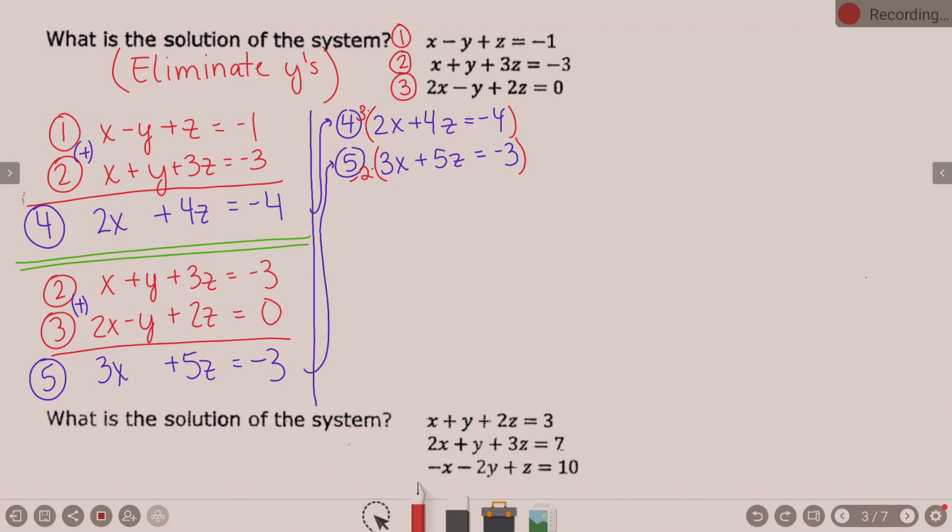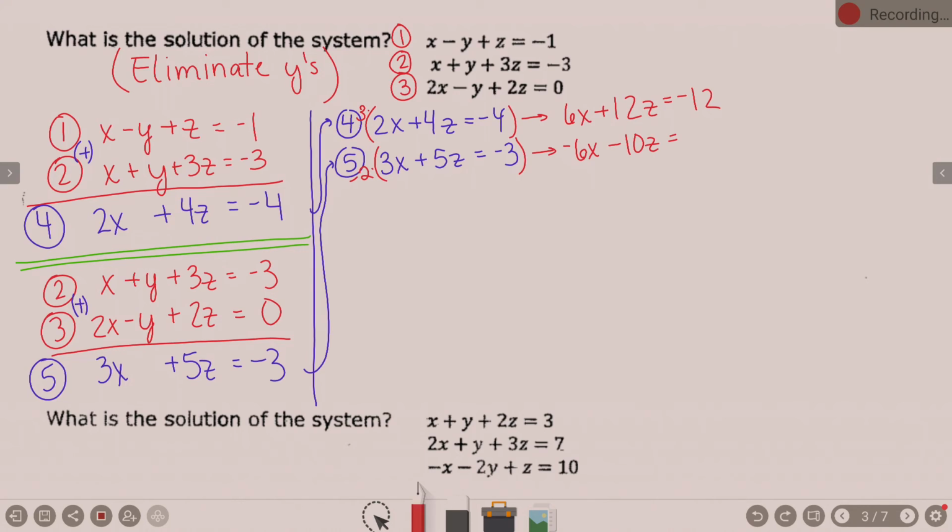So I'm multiplying by their opposites. Multiply the top equation by 3 and it becomes 6x plus 12z equals negative 12. Multiply the bottom equation by negative 2 and it becomes negative 6x